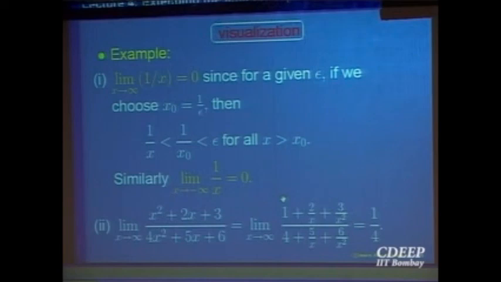Limit theorems. For example, what is the limit of this, x going to infinity of this thing? Now you have been doing this mechanically till now, right? You do what you do because you want to look at x going to infinity. So you know 1 over x will go to, now this is a clue, as x goes to infinity, 1 over x will go to 0. So now you try to bring in 1 over x. Divide by x square and then take the limit and then use the limit theorems. So we have justified those things.